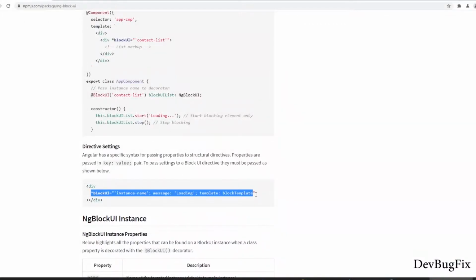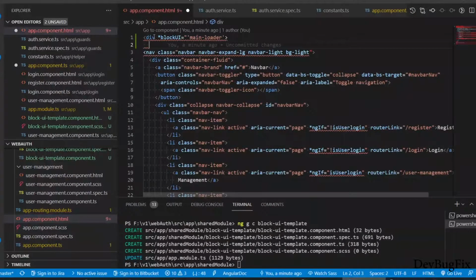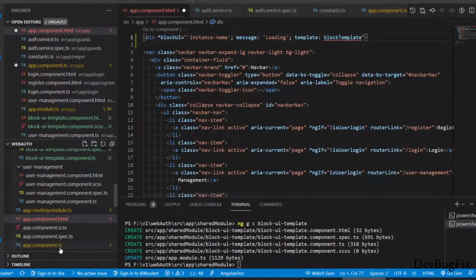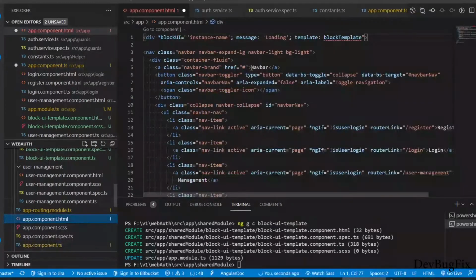We had to copy this directive example because this directive has a template option. Paste here and we have to change the name. Copy main loader, and this will be the name of this block UI directive.